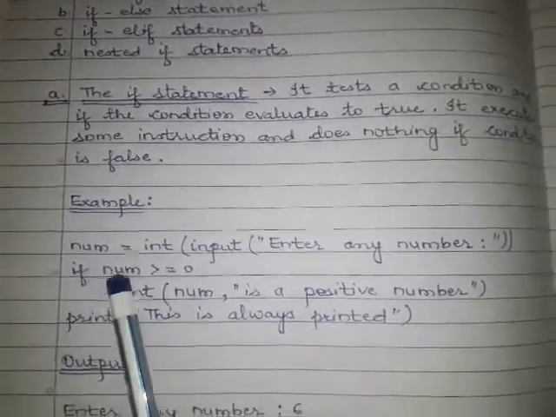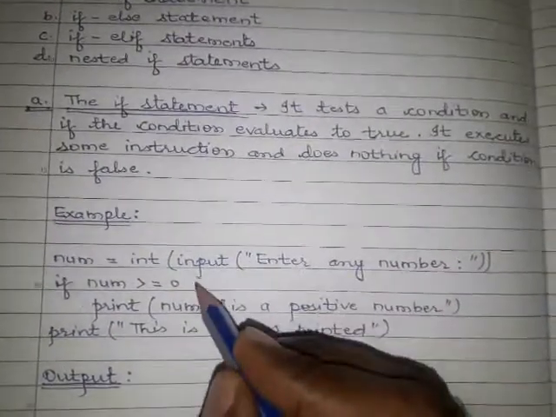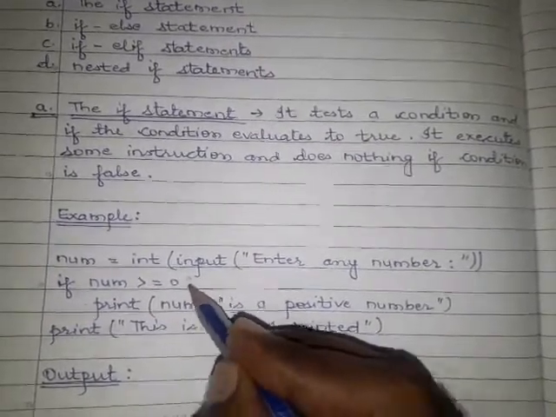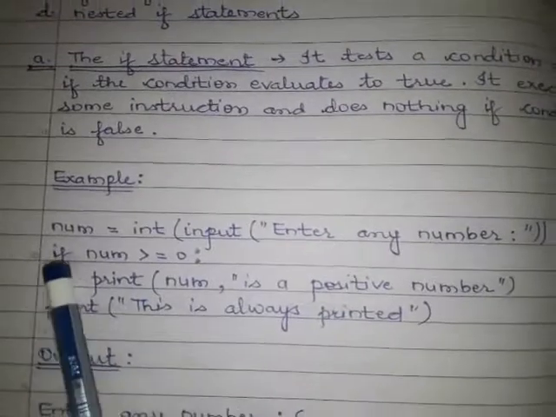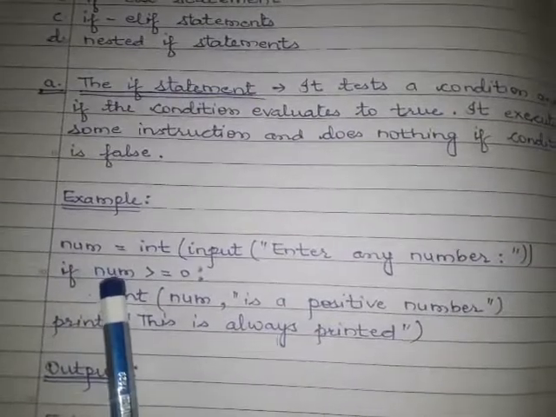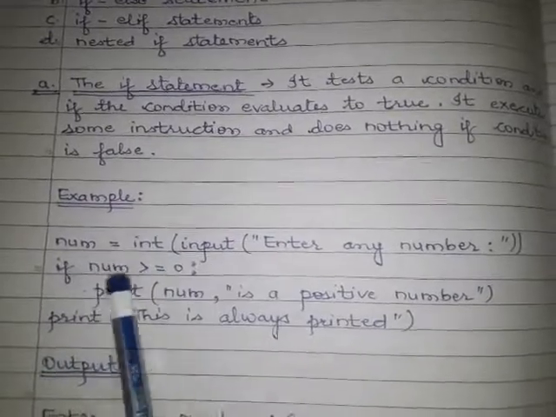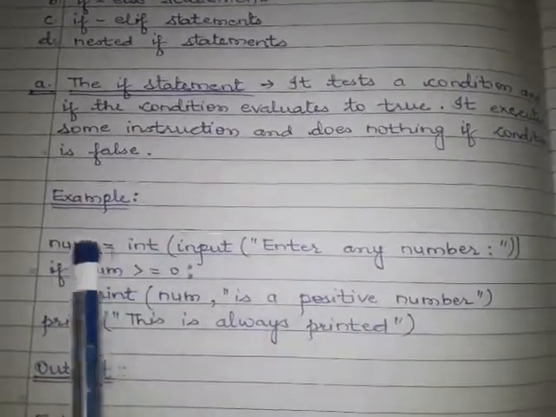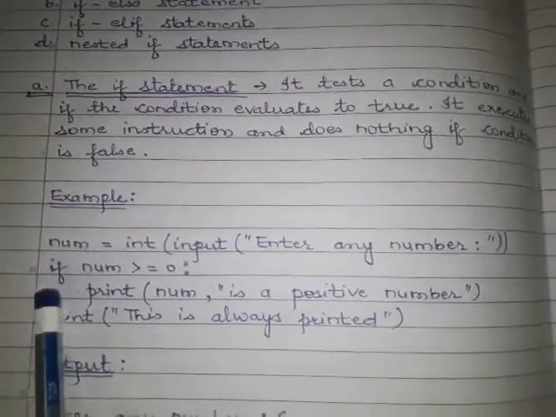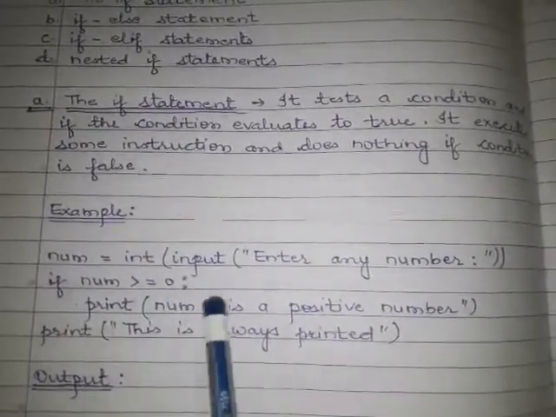Now we will check whether the number is greater than or equal to 0. So this is the condition. Here you have to put a block, which needs a colon also. If the number is greater than or equal to 0, this is the condition. Suppose the value of number is 5, then 5 is greater than or equal to 0. Yes, this condition is true. If this condition is true, then the statement written with indentation is executed. There is only one statement written with indentation. This is indentation.